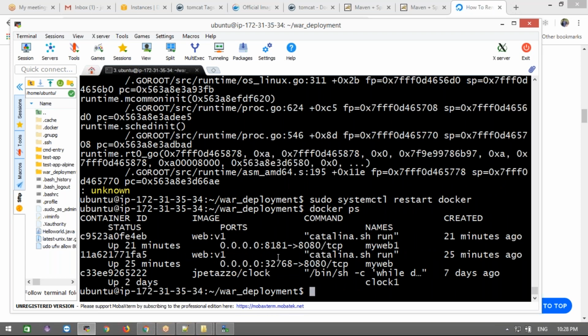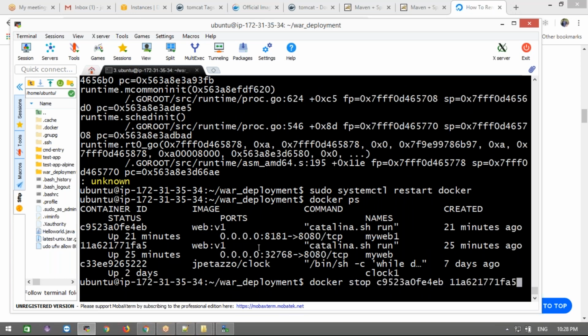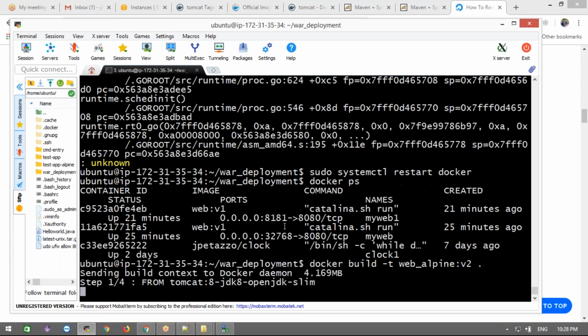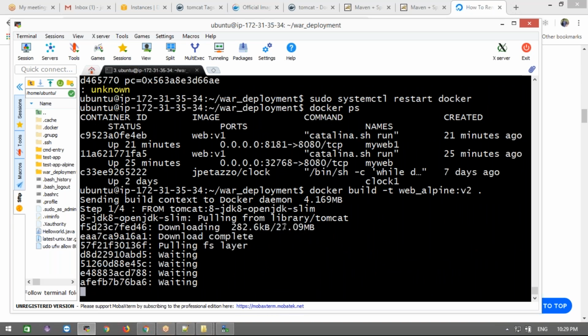Okay, let them go. Let's build now. Just try. No, it's going now. That's the issue. Actually, I don't have space, right? I removed that, I deleted my images.